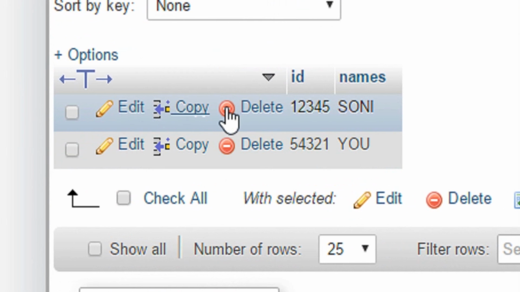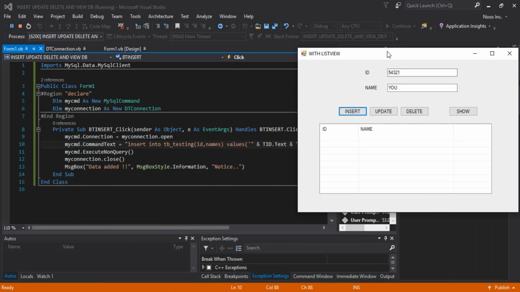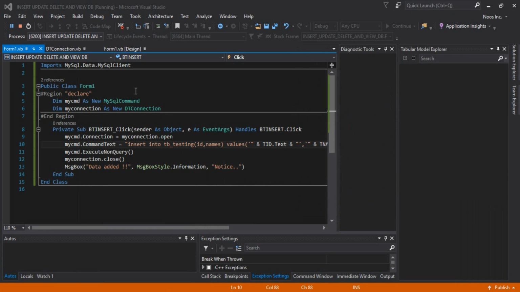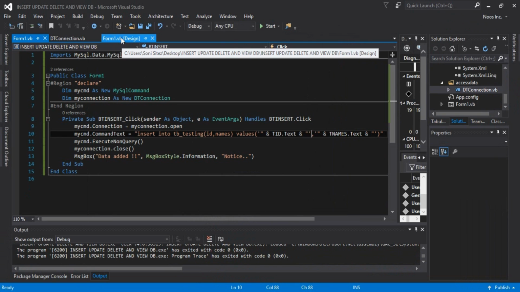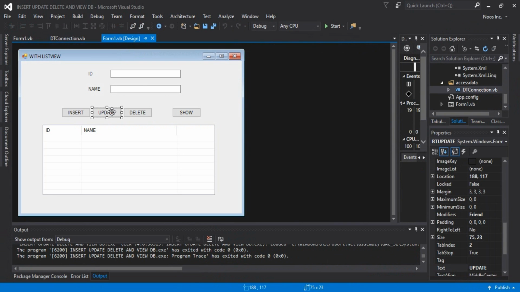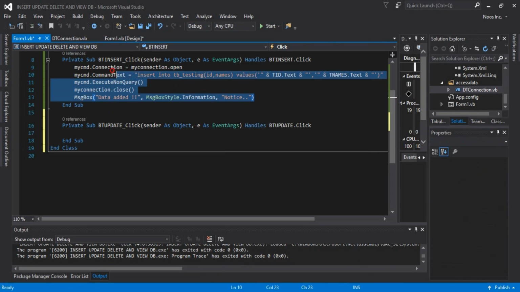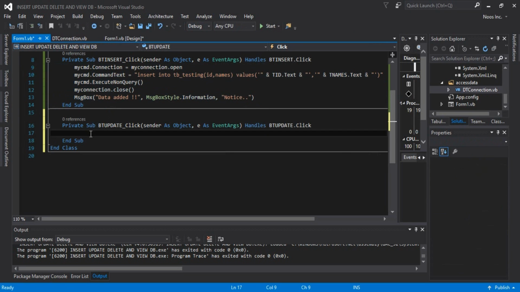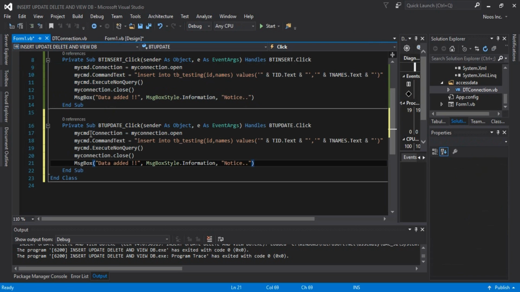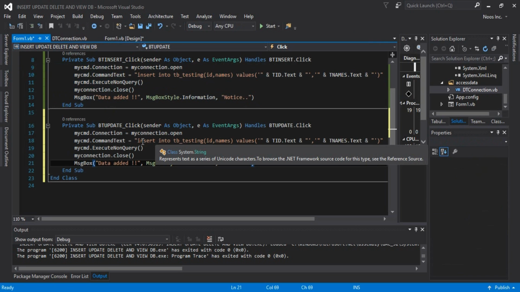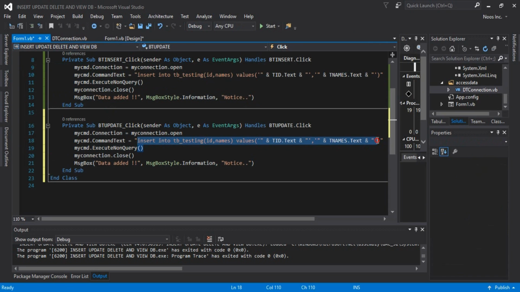We don't fix the error, and then I close this form and create the update. I double click on update. For ease, I want to copy and paste the script here and just change the SQL command. For update, I will change this: update DB testing set